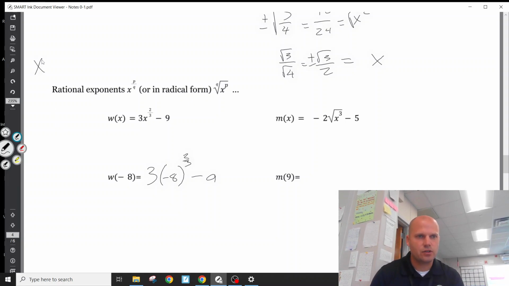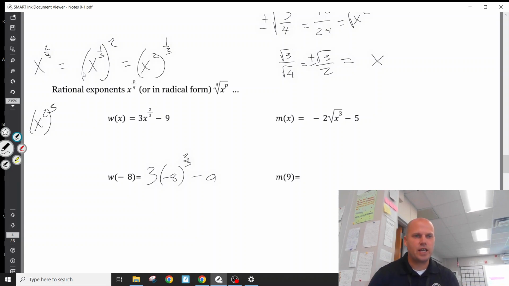Say x to the 2/3. It is the same as x to the 1/3 squared, or x squared to the 1/3. Why? Because of the power property. What's x squared cubed? Okay, so I'm going to start with this, get that, and then I'm going to say, okay, well, that's why we can write this. Anyways, what's important is, if I ask you what is negative 8 to the 2/3, well,